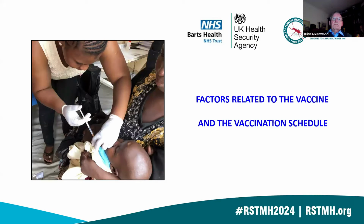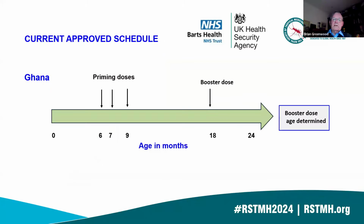So let's consider just a little bit about the factors related to the vaccine and the vaccine schedule. The next slide shows the recommended schedule by WHO, this is what's been happening in Ghana now. You have to have 3 priming doses to get a good response. At the moment, those are given at 6, 7, and 9 months, and then a booster dose somewhere around 18